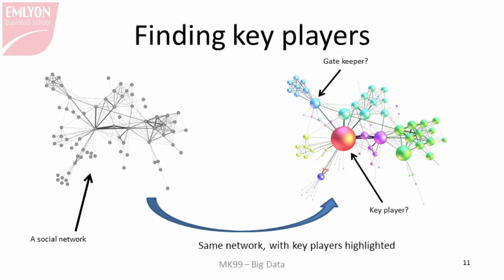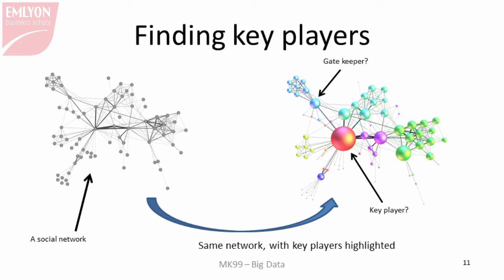Networks are also interesting if you are looking for key players, for special individuals or special objects or special entities in your network. You have 1 million entities connected one to another. Which ones stand out? Well, organizing these entities as a network, as you see on the left, and then applying some simple algorithms, and you see the result on the right, gives you some potential candidates that you could be